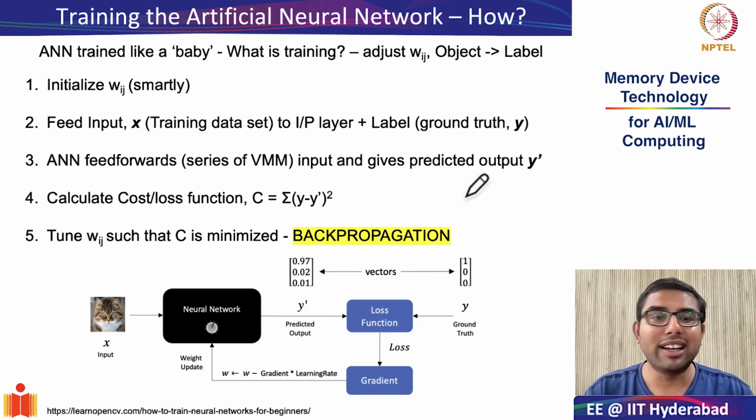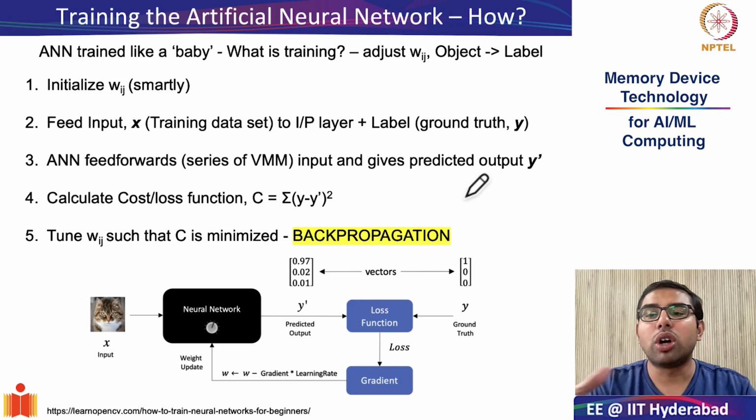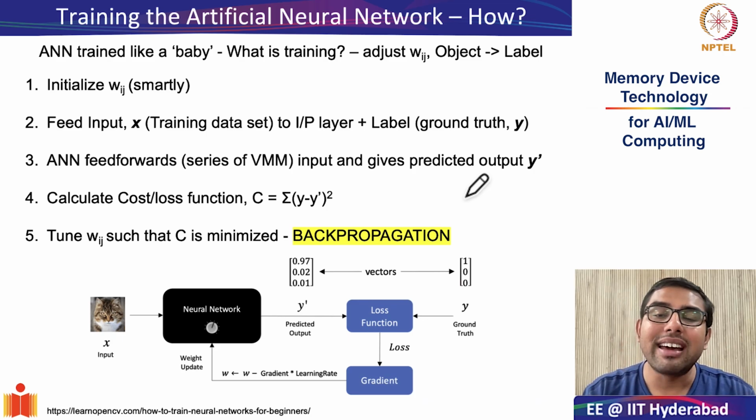Before proceeding with today's class, let's have a brief recap of what we were studying the last time around. In the last class, we built up the entire picture of how neural networks work, starting from one artificial neuron and then scaling it up to a full-blown neural network. A single neuron multiplies each input that it receives by a corresponding weight, then adds a bias and sums all of them up. This was called the vector matrix multiplication operation, or even the multiply and accumulate operation. This MAC operation product is then passed through a nonlinear activation function.